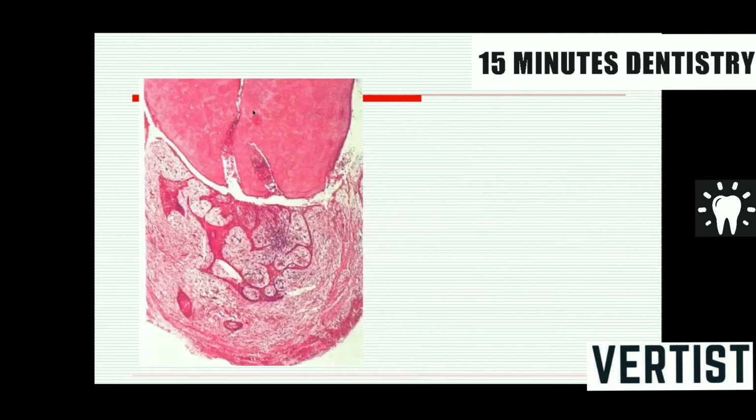So it is something like this. This is the root of the tooth. This is the root canal. From there the infection is spreading to the periapical area. There is inflammatory reaction here. Here these are the cell rests of Malassez proliferating, and they are surrounding this inflamed connective tissue. After some time this connective tissue gets deprived of blood supply and starts undergoing degeneration, and a cavity develops which is lined by the epithelium formed from cell rests of Malassez and which is filled with fluid.